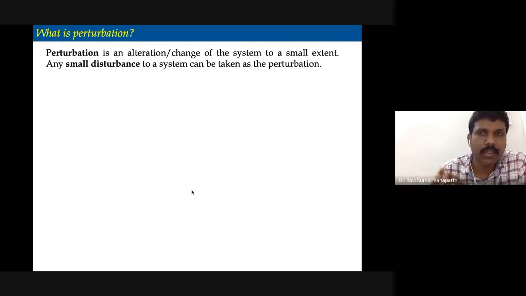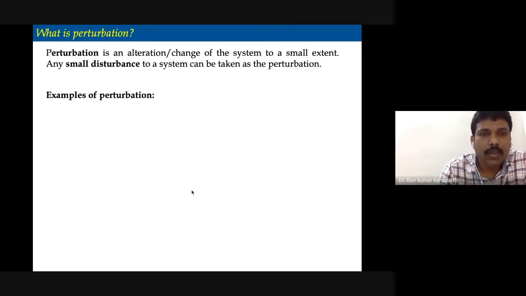That is the procedure. But in this method, we don't do that. We start with a simpler system, which has basically undergone a disturbance or perturbation. Before the disturbance, its solutions, everything, are known to us. Those solutions we try to correct so that we get the solutions of the perturbed system. That is the overall idea of this method.